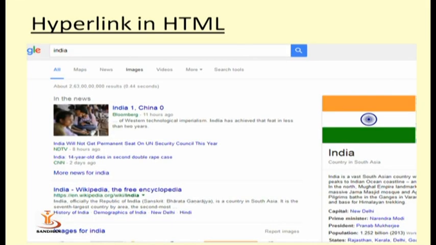But when you are requesting the website, you see the first web page, and to move ahead from one page to another page, you are required to click somewhere. Normally when we are clicking, we don't know where we are clicking. But when you are clicking on any text or any image, it is actually a hyperlink. So hyperlink is an important aspect of HTML.